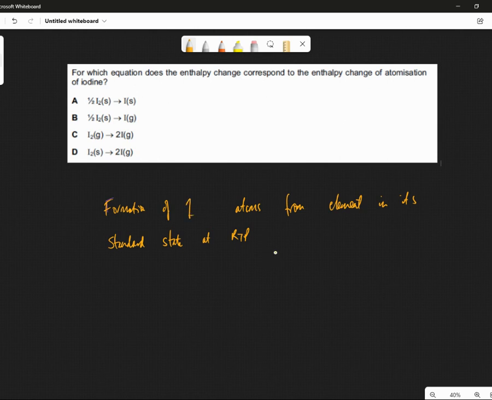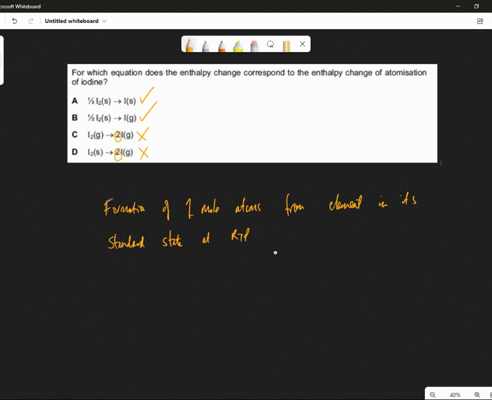Exactly. So it's 1 mole of atoms. 1 mole of atoms. So this one could be right, and this one could be right. But this is wrong, and this is wrong because it's got 2 there. Okay. Now,